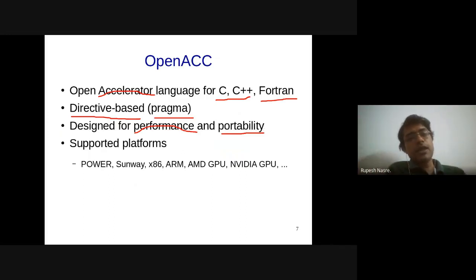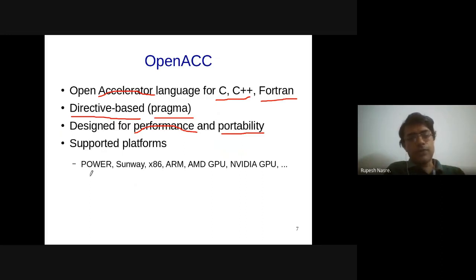That's the reason why the backend could as well be a multi-core setup, and OpenACC will still work on your machine. One might wonder, then, why didn't we study OpenACC first, so that I take the same program and run it on the GPU as well as on the CPU. But OpenMP is, I would say, more prevalent today than OpenACC, and it's very important that we study OpenMP, the CPU-based programming, first.